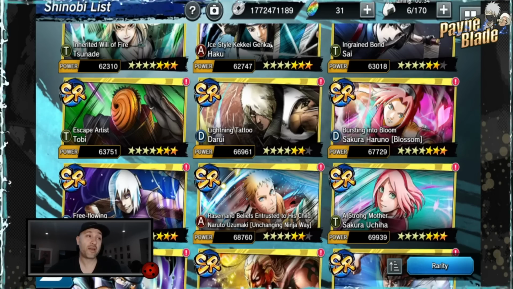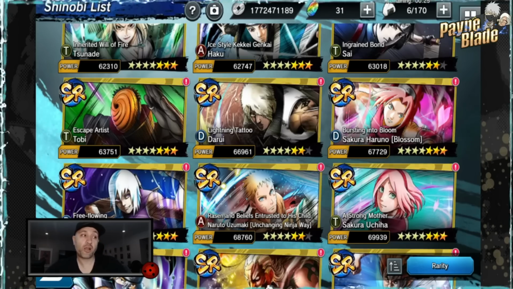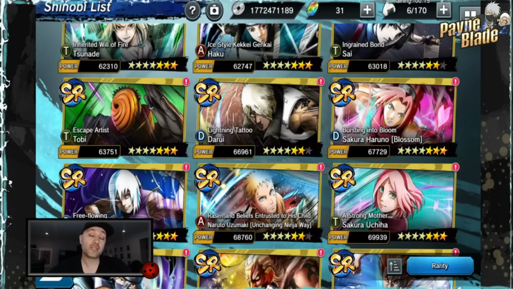I'd say Toby, Sai, Gaara, and Kid Kakashi are probably the best SRs to focus on, as well as Naruto Kage SR. So Darui, alright, Darui is really good. Darui brings a lot of DPS to you as a D unit, and also gives you a lot of buffs for D units as well too, and all allies. So Darui, highly recommend getting him up, especially if you're planning to use the Ultimate Cloud combo, which is the best A